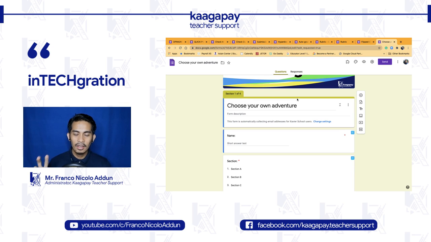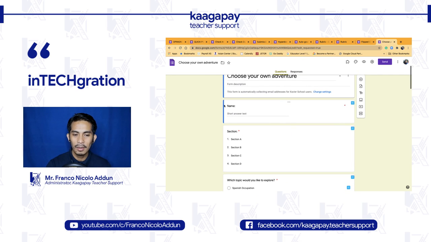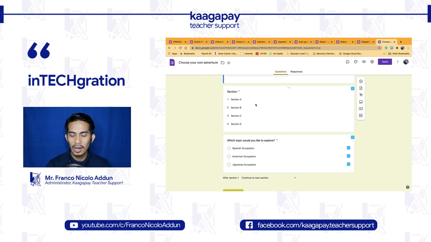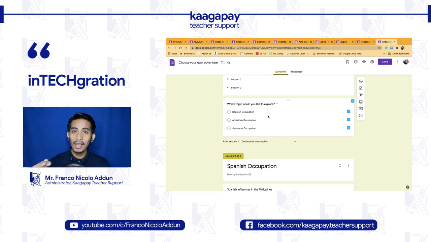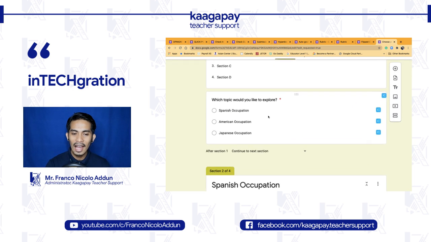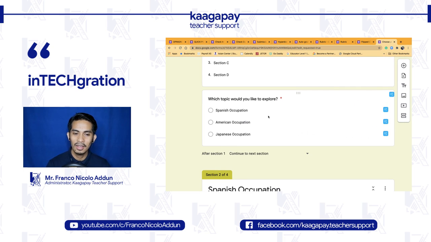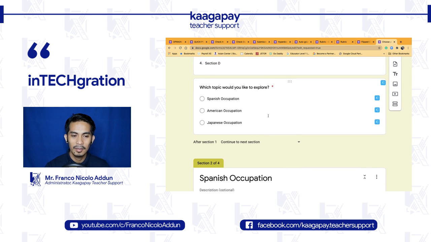So there are two conditions in a choose your own adventure form. The first one is that you have to have a multiple choice question first. So for example, here I'm collecting the name, I'm also collecting the section, and together with that, I already asked a multiple choice question. My question is, which topic would you like to explore further? So when you have that, teachers, the next